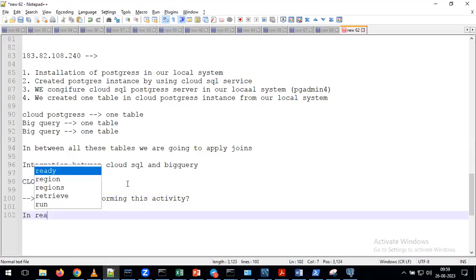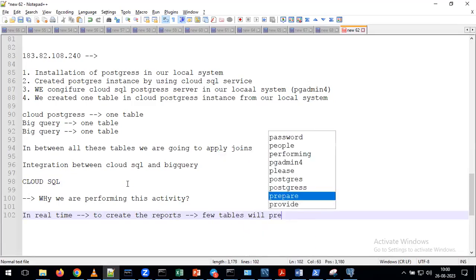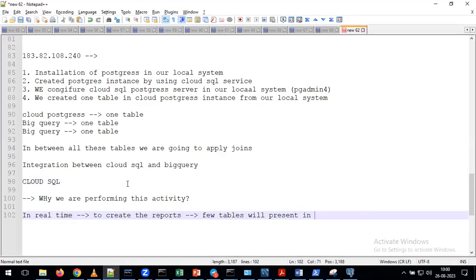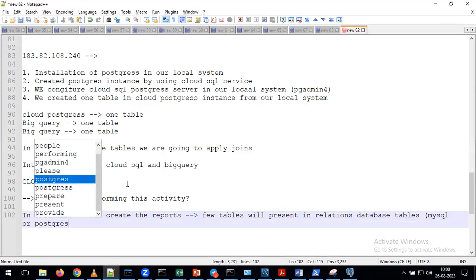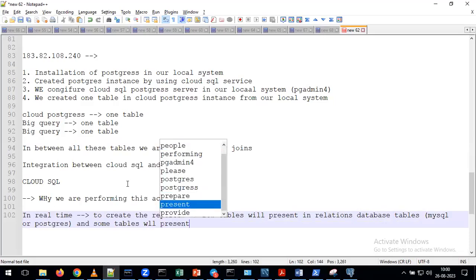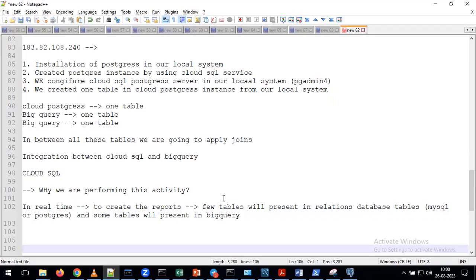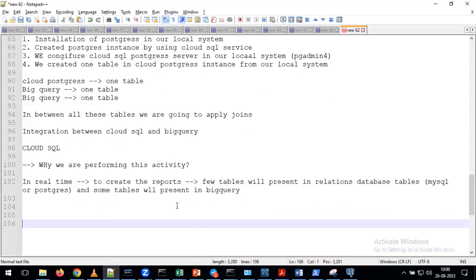Because in real time, sometimes what will happen is, to create the reports, a few tables will be present in relational database tables like MySQL or Postgres, and some tables will be present in BigQuery. Now you tell me, in real time, what is going to happen here? Sometimes some tables are present in the relational database and some tables are present in BigQuery, but you